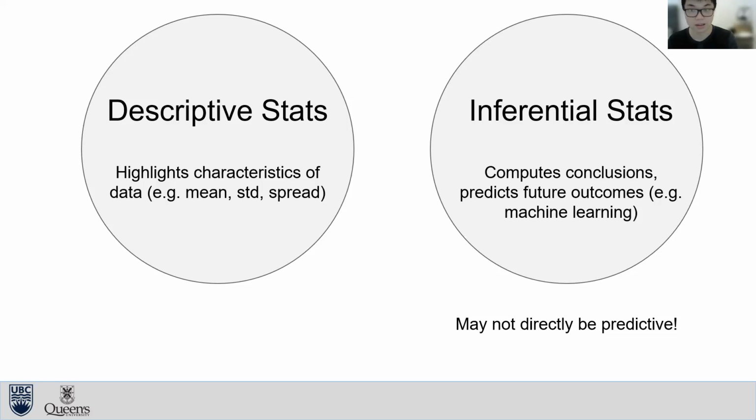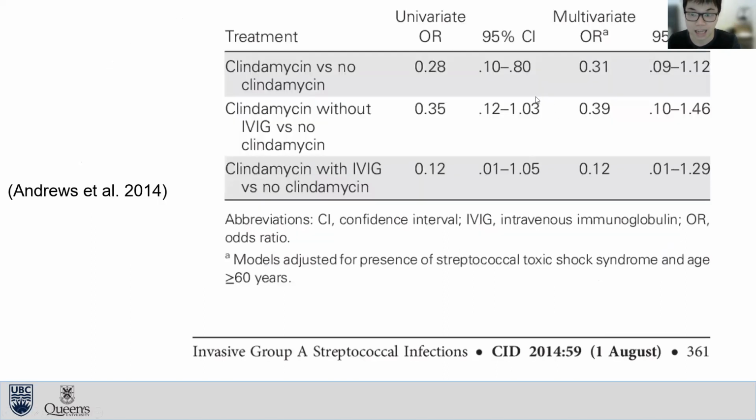But there's also one step further, which we would like to go in machine learning, which is we want to be predictive. So we don't just want to say a p-value. We want to, for instance, use that p-value or this odds ratio as a threshold to predict the outcome of a disease occurring. So this is an example of